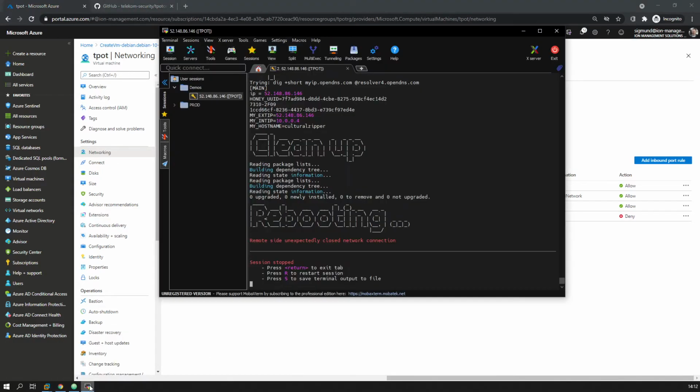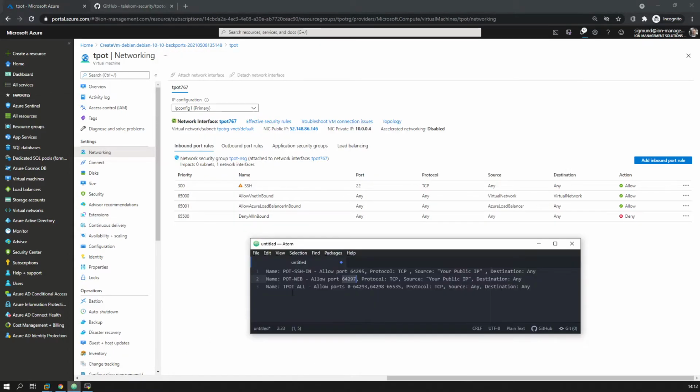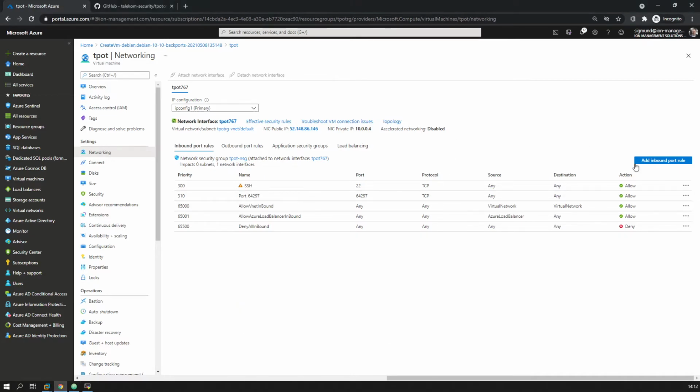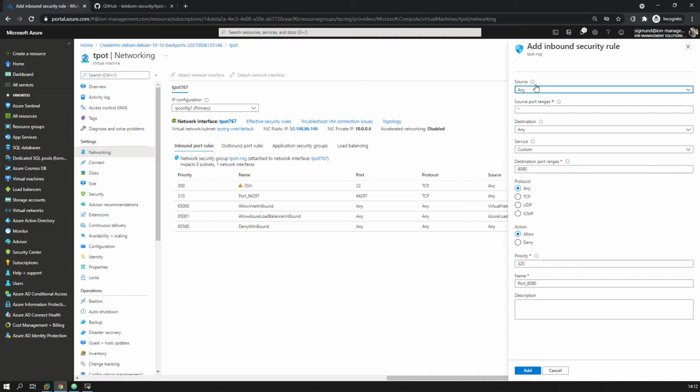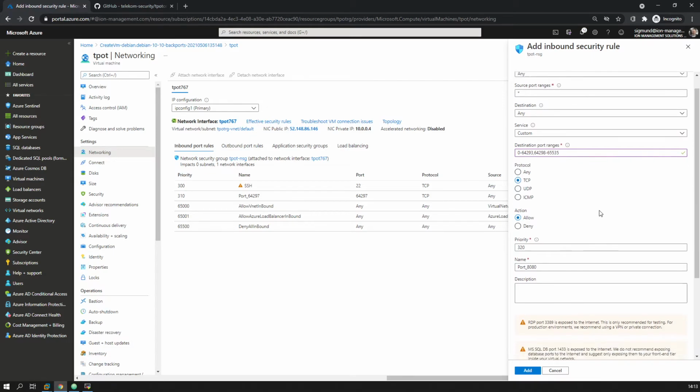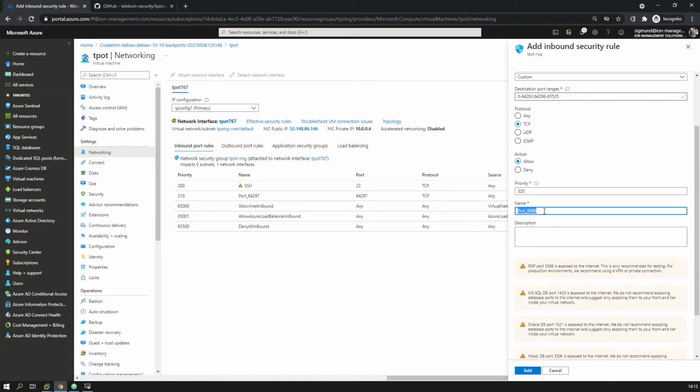And then the last one that we're going to create is, sorry, again I put the wrong one in here. So the last one is going to be allow ports. There it is. So next one. Source again any. This is now for the actual honeypot functionality, right? So destination port ranges, we'll add this. This is okay. We want this to be exposed. That's the purpose. We again call it TCP and again call it T-POT